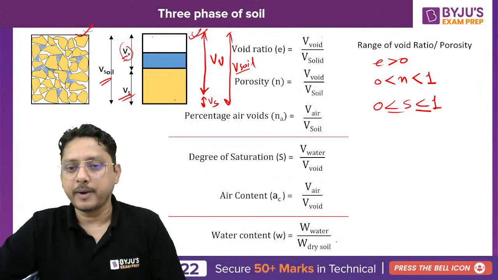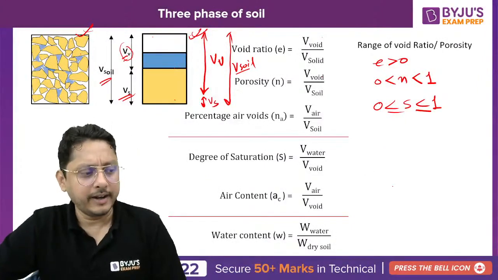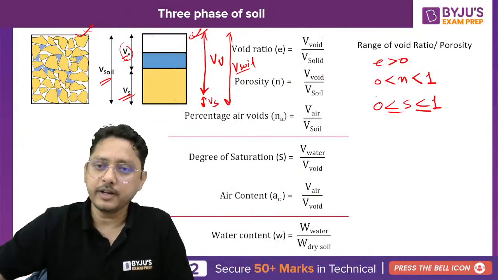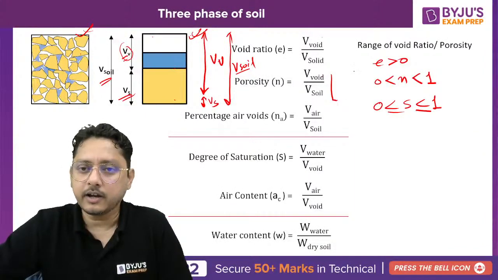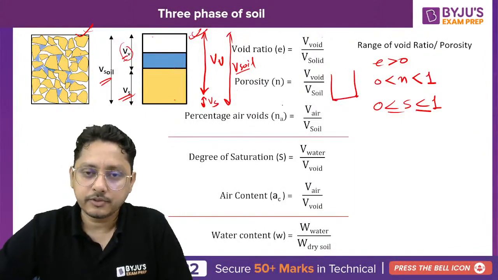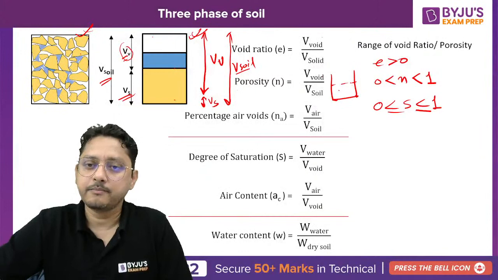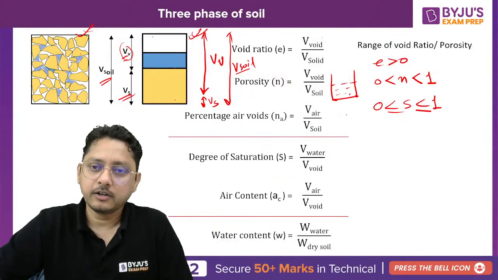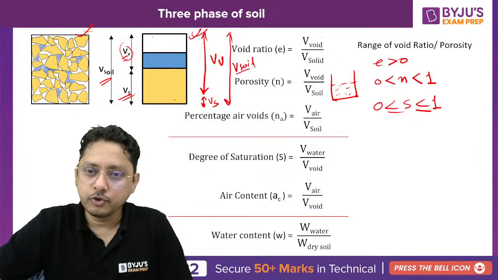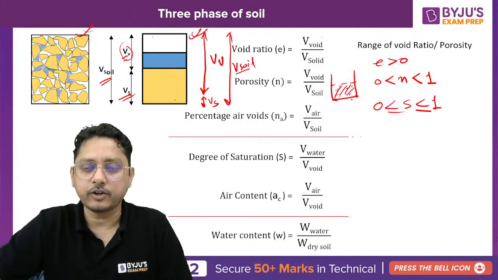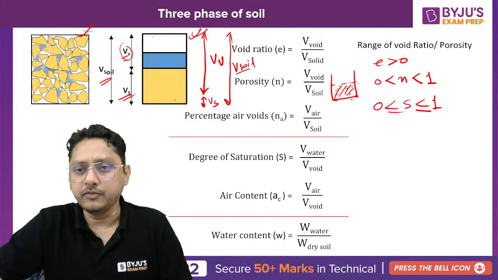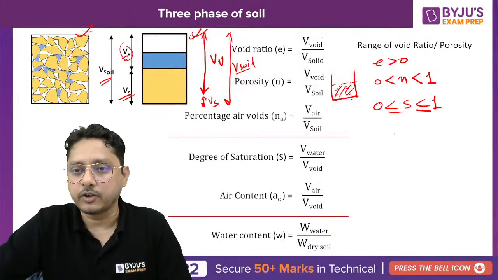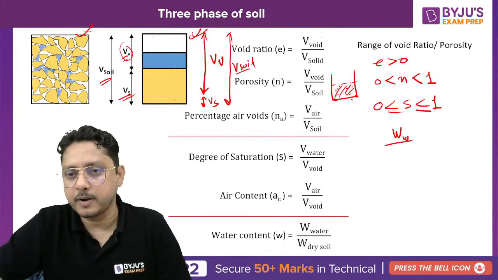The weight of water by weight of dry soil. For that also I'll let you know. Take a container and a slurry of soil. Then let us dry it. Now, you took the slurry of the soil, take the weight of that, then dry it. After that, if you subtract, you'll get the weight of water. So water content is weight of water divided by weight of dry soil.